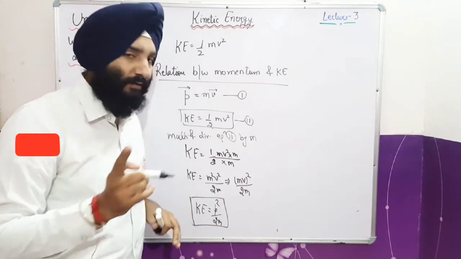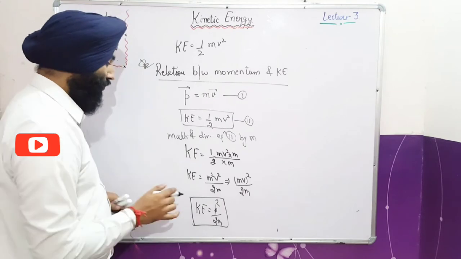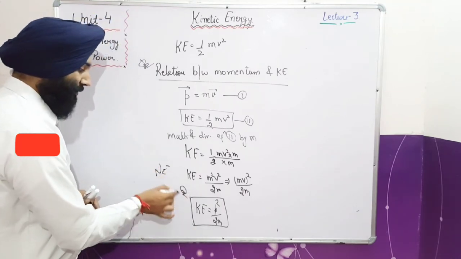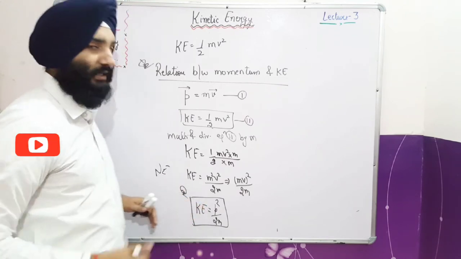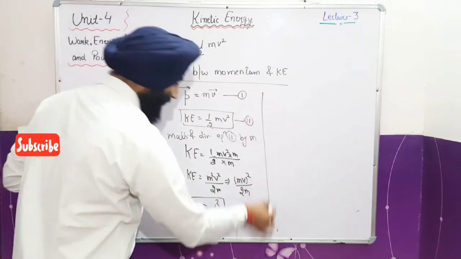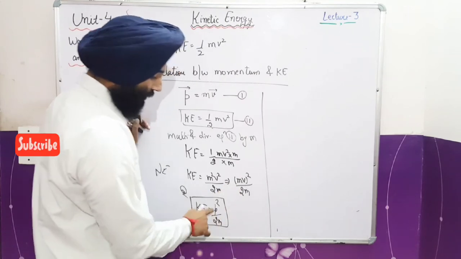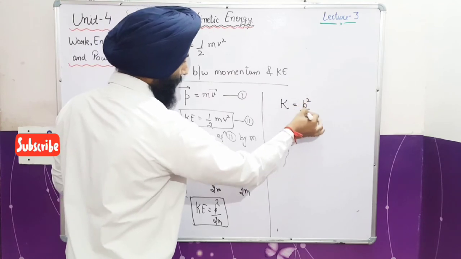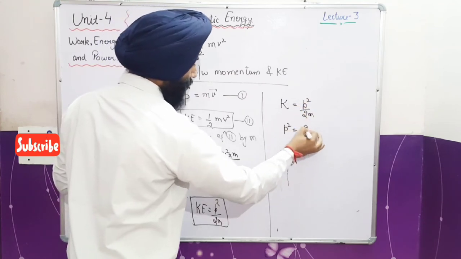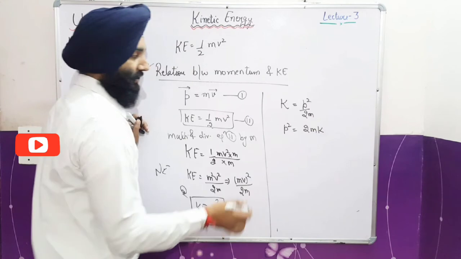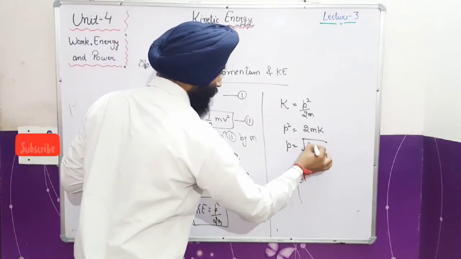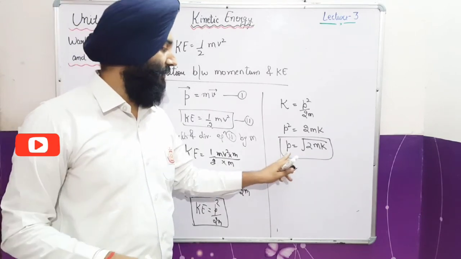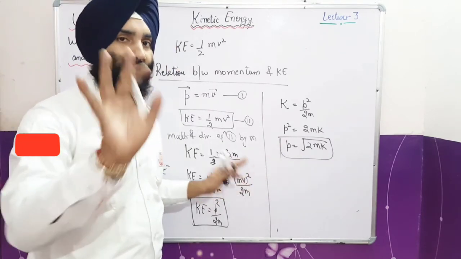This is a very important relation which relates the momentum of the body with kinetic energy. Most of the time it occurs that from this portion a question comes in NEET, and also in AIIMS. Many questions are related to each other by this same formula. From here I will simply be able to find out the momentum. If I take kinetic energy as K upon 2m, it means p square is equal to 2mK, where K is kinetic energy. It means the value of momentum is under root 2mK. So this is the value of momentum. If kinetic energy is given, then we are able to find out the momentum in a simple manner, right? If energy is